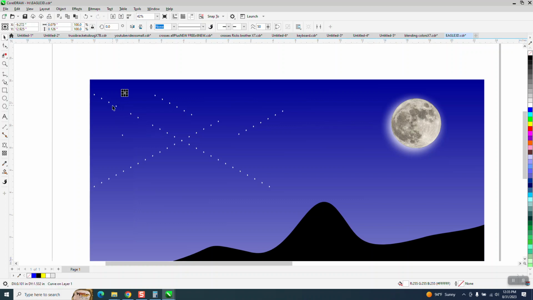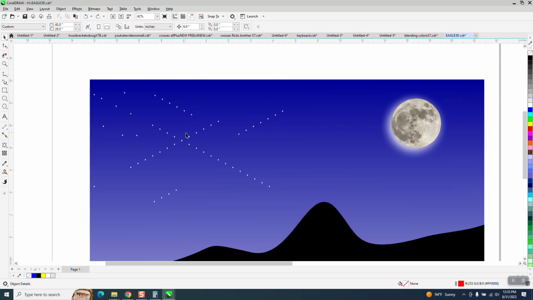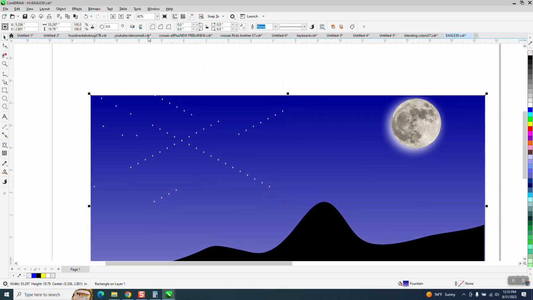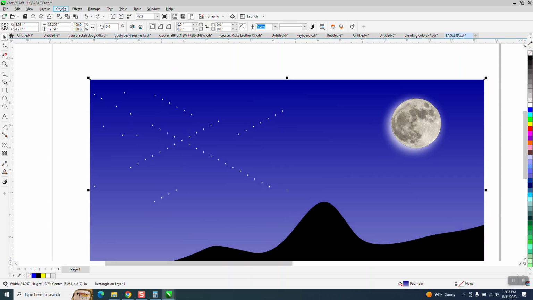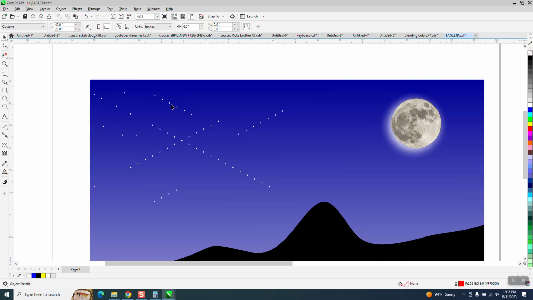So then I find it easier just to take them around. And this is really not how I did the first one, but you kind of get the idea. I'm going to tell you what I'm going to do. I'm going to go to Object, Lock, and I'm going to lock that screen, because I've got too many stars to work with. What I'm going to do is just disperse these down